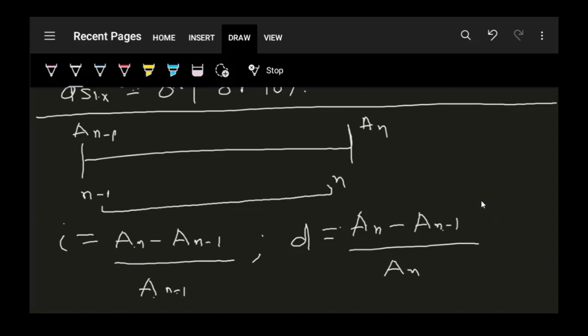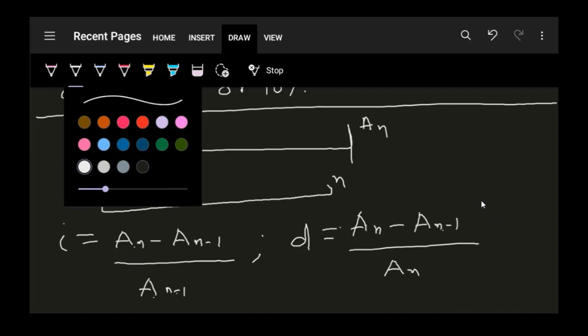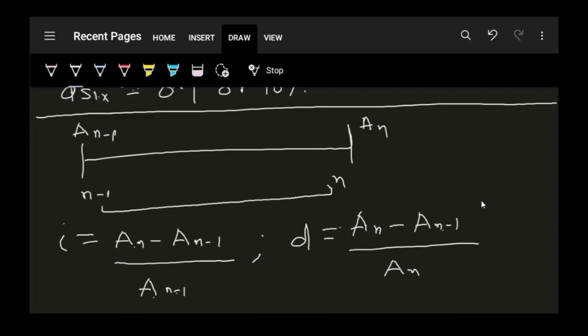So we see in general, if we want to calculate the effective discount interest rate for any time duration, we first have to calculate the amount of interest that we are paying at the beginning or at the end of the period, and then divide by their corresponding figures at the end and the beginning of the time period. For the interest rate, we divide by the initial amount at the start of the year, and to get the discount rate, we divide by the ending amount at the end of the period.